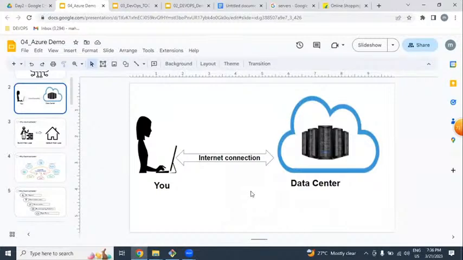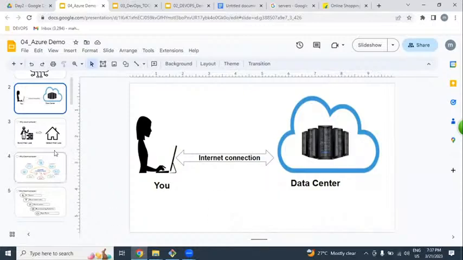We are not buying anything by using cloud. We are going to be getting a rental based infrastructure only. We are not buying anything. We are getting rental based infrastructure by using cloud.